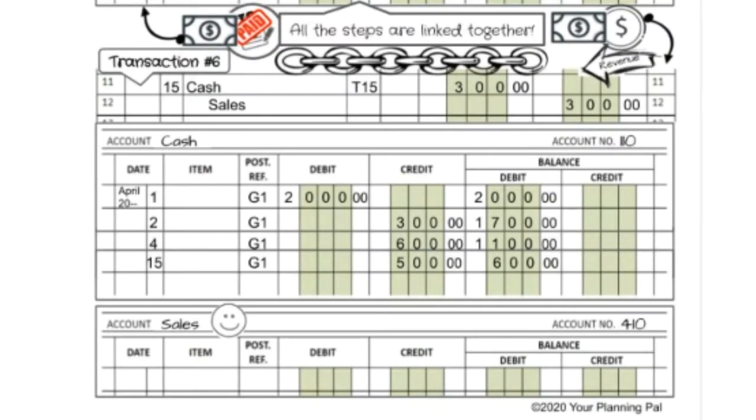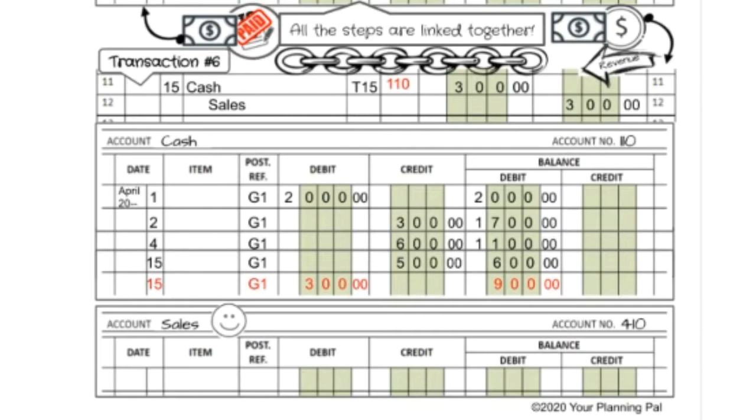Transaction number 6, we received cash for sales. So we go to our cash account. It is still the 15th. You can have more than one, and most businesses will have more than one transaction per day. So it's still the 15th. The date is the same as the previous transaction. We're still on general journal page 1. This time we are getting money. So it is a debit of $300, and we stay in the same debit balance column over there on the right. So 600 plus 300, now we have $900 in our account. And we take the 110 and we put that back up in the journal,